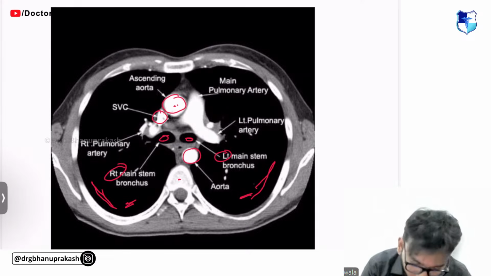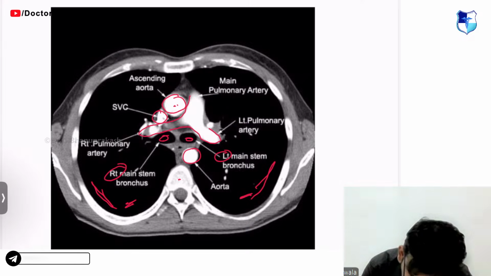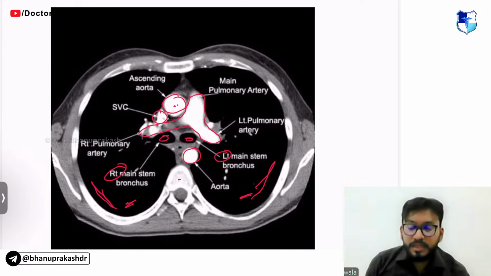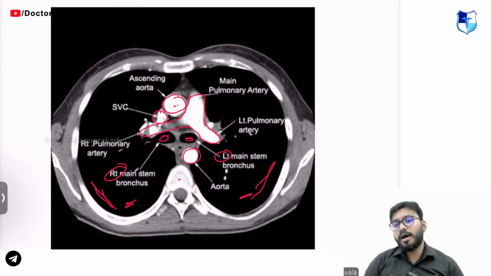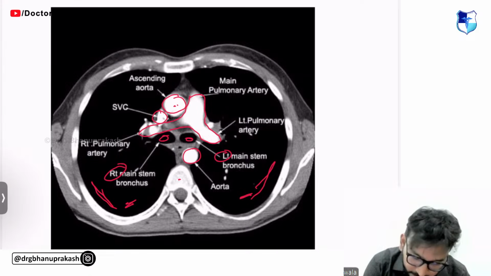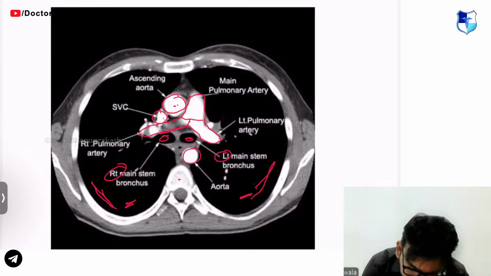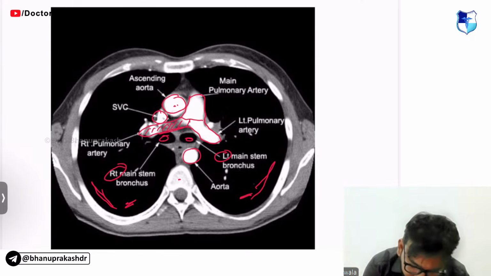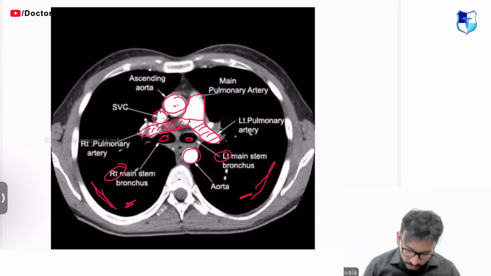Now, one more important structure that I would like you to see is this structure, guys. It has contrast. It is a vessel. Which vessel originates from the heart along with the aorta? It is your pulmonary artery, guys. So this is the main pulmonary trunk, and it is dividing into this branch, which is going towards the right pulmonary artery, and this branch, which is your left pulmonary artery. Okay, correct?